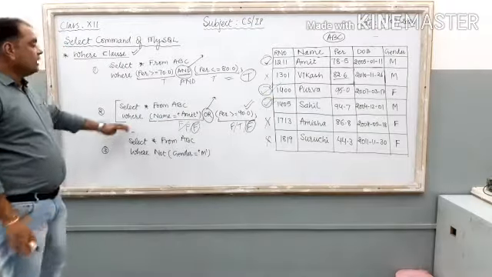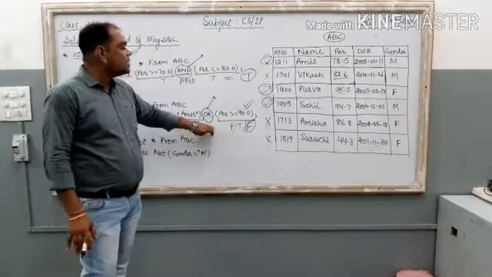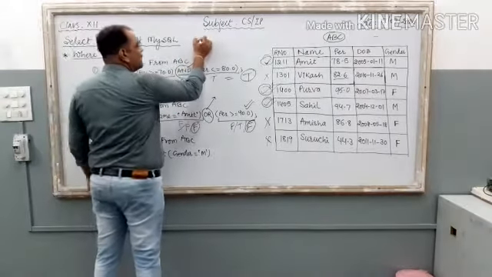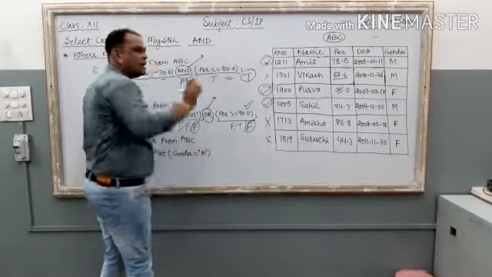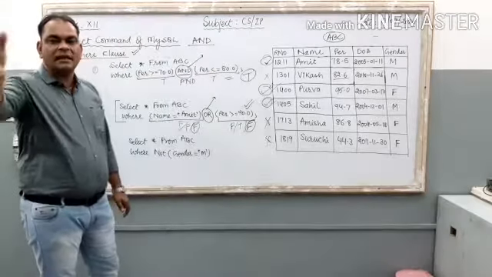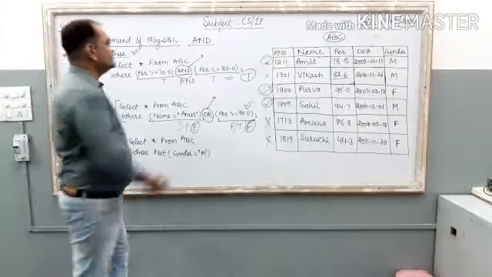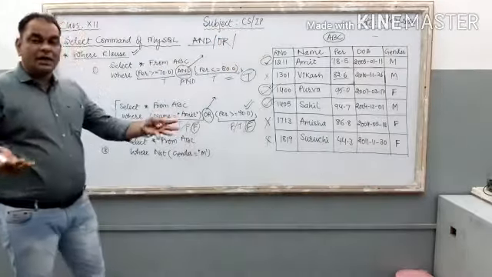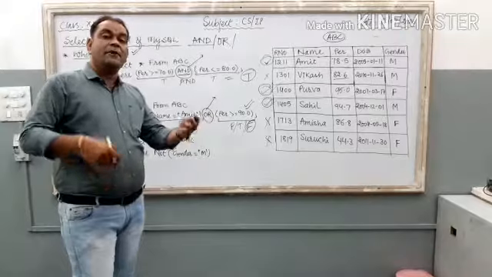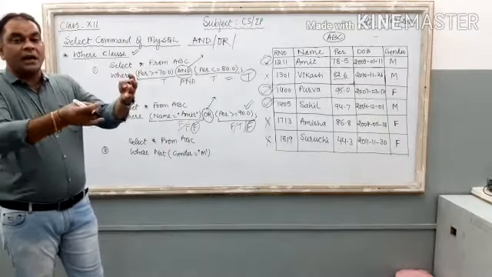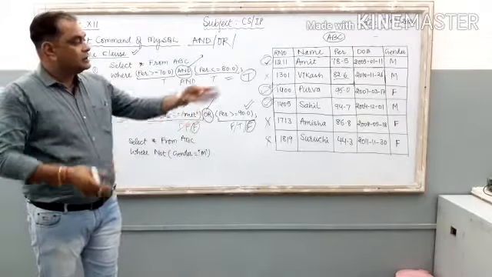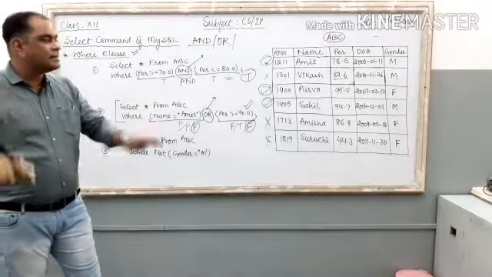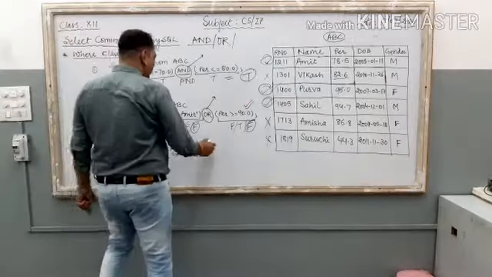Clear up? So this is the role of the OR logical operator. Only 3 logical operators are there. The first one, AND. AND में करना क्या है? Both the conditions are true, then you select the record, otherwise not. Second logical operator, it is OR. करना क्या है? There are two conditions with OR in between. If any one condition is true, just select the record, otherwise not. Both the conditions are false, deselect the record.